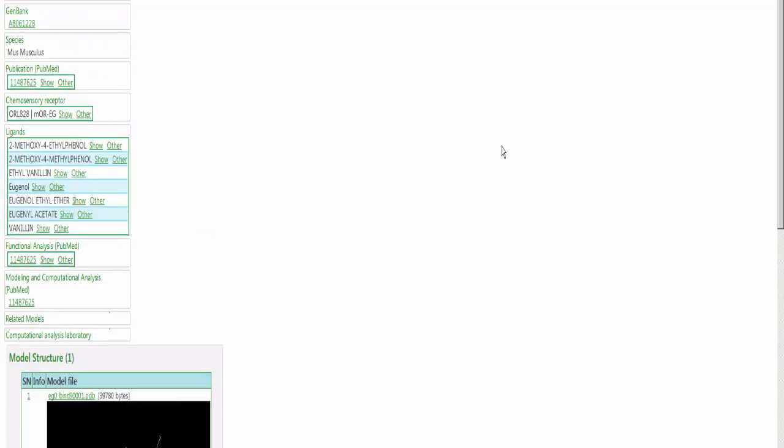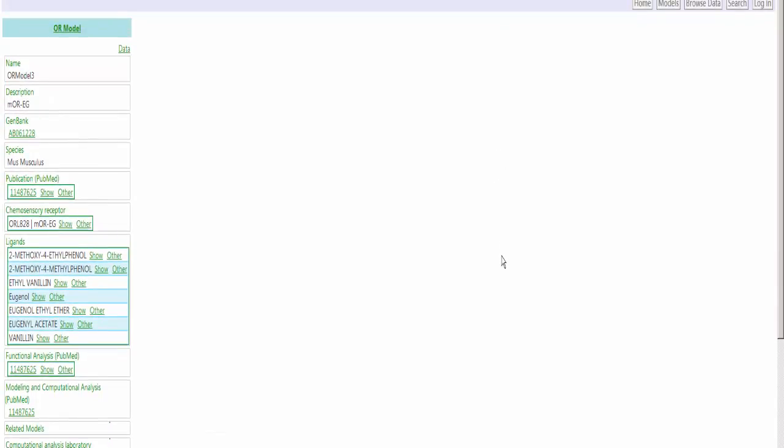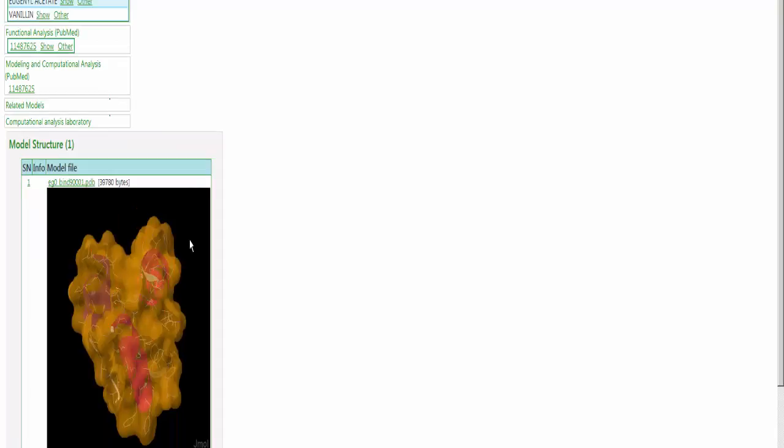We do allow users the facility to get an account and put their own information, and they have the option of keeping it private for a while, until, for example, a publication is out, and after that we recommend that they share it. If you have any questions, please contact me at